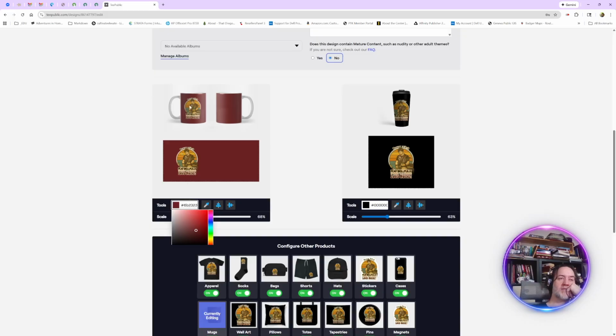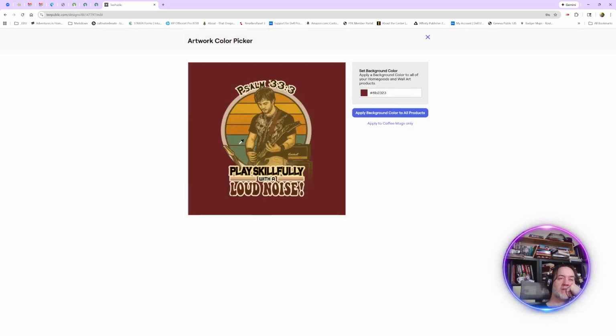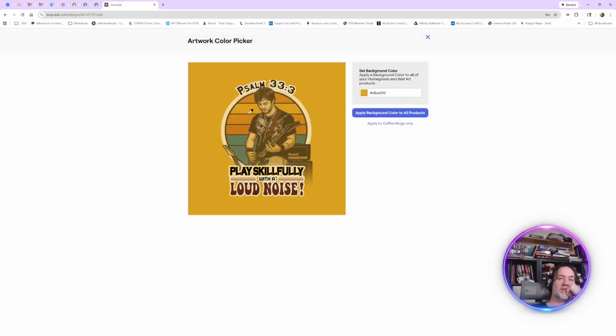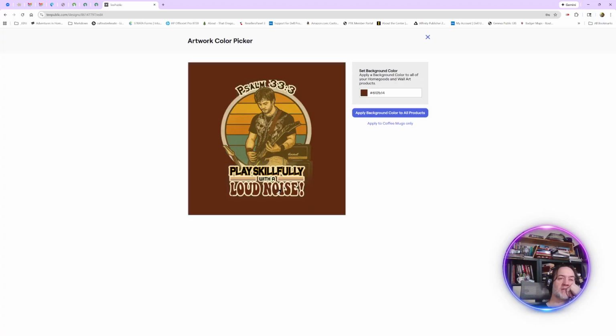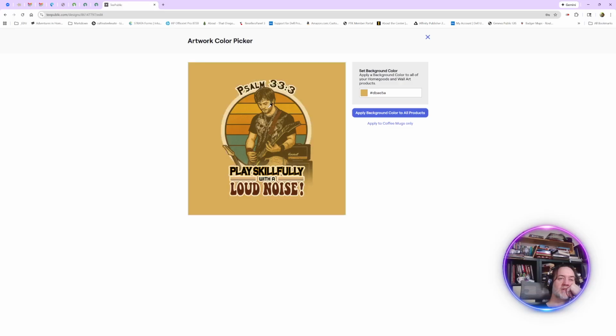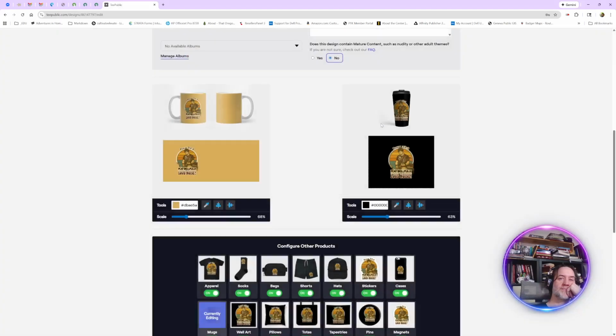So I could go like that, and I could make it any one of these colors. Even that color. Don't like that so much, but that's kind of a cool color. Apply to coffee mugs only. So there we go. So we could do that,